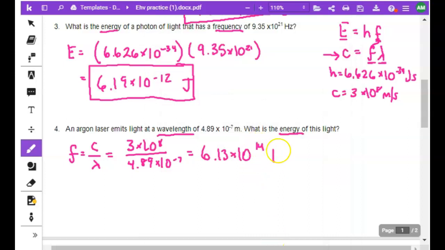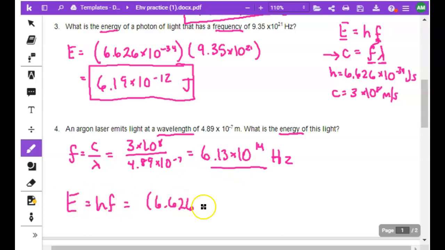And remember, frequency is always measured in hertz. Energy is always measured in joules. Wavelength is always measured in meters. But now that I have the frequency, I can go back to just like I did in number 3. I know E is HF, so you can do 6.63 times 10 to the negative 34th times 6.13 times 10 to the 14th. We should get